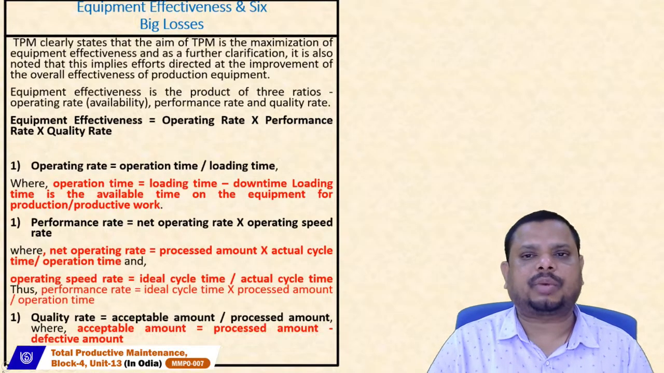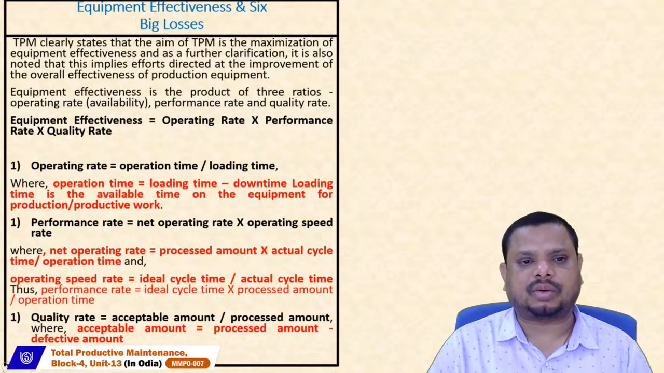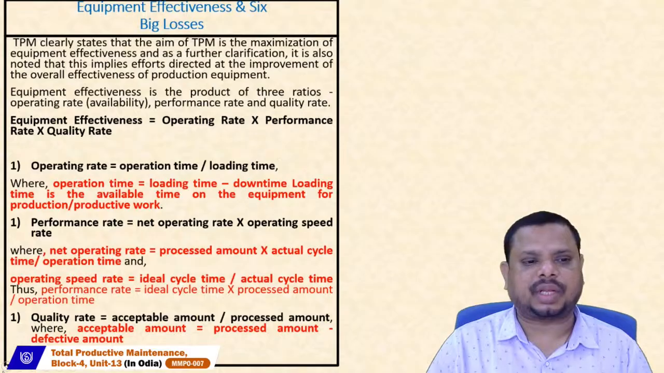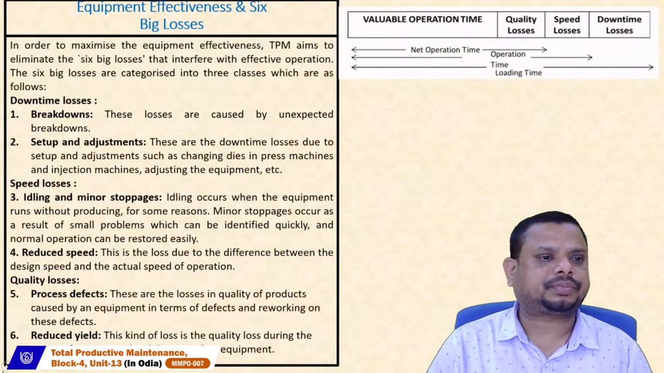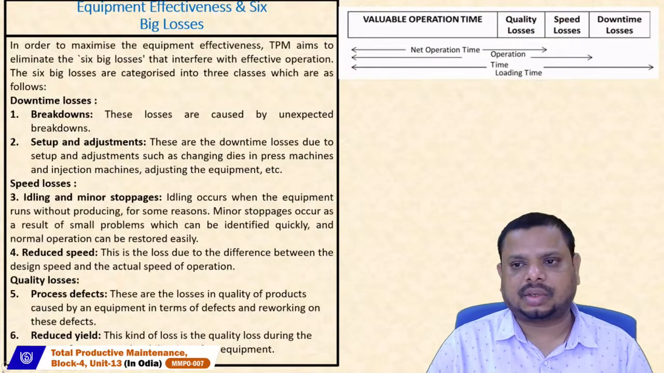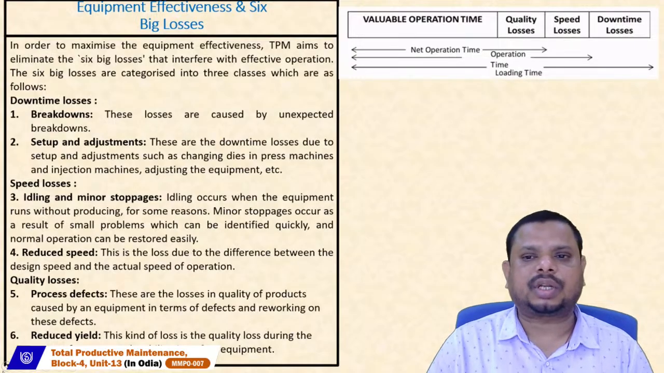Performance rate equals net operating rate into operational speed rate, and quality rate equals acceptable amount divided by process amount. So these are the formulas basically used to calculate equipment effectiveness. The next point is that in order to maximize equipment effectiveness, total productive maintenance has to eliminate the 6 big losses. So we have to understand what the 6 big losses are that interfere with effective operations,